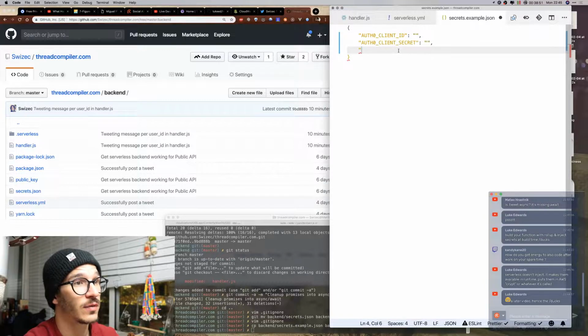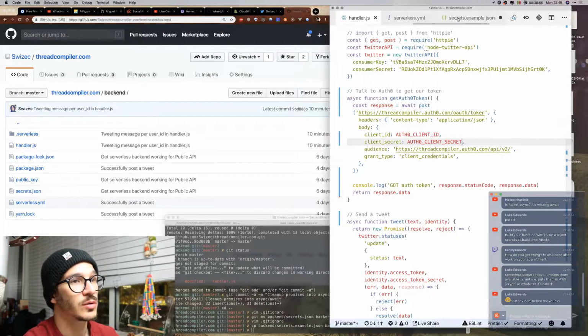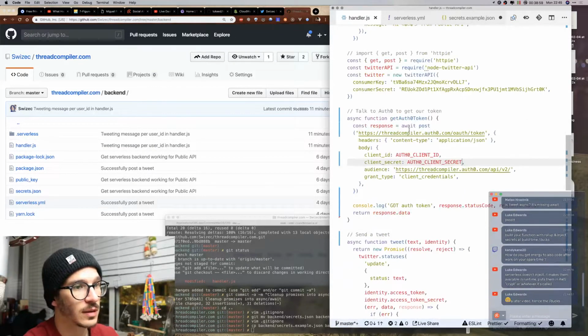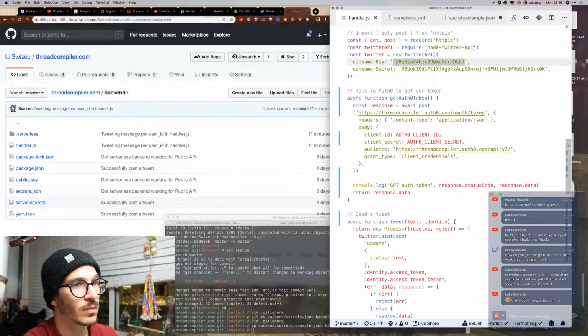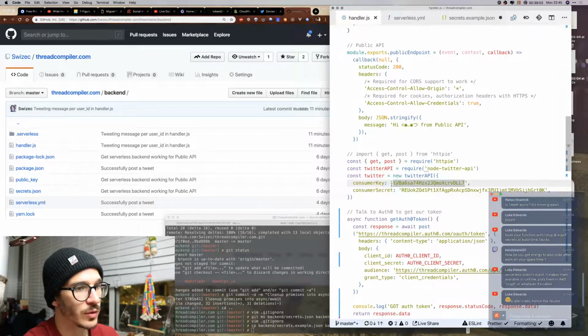Okay, so we have Auth0 client ID, Auth0 client secret. We're also going to need, that's that. Then for Twitter, we're going to need the Twitter consumer key